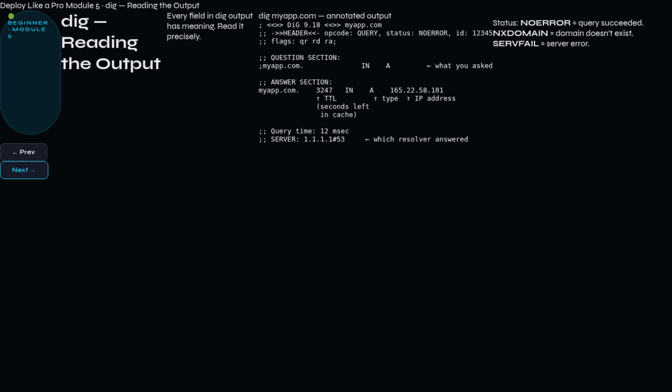The statistics at the bottom: query time, 45 milliseconds, how fast the response was; server, 1.1.1.1#53, which resolver answered your query; when, the timestamp. The flags line is important. Flags: QR RD RA. QR means query response, RD means recursion desired, you asked the resolver to do the work, RA means recursion available, the resolver is willing to. If you see AA in flags, it means authoritative answer, the response came directly from the authoritative nameserver,